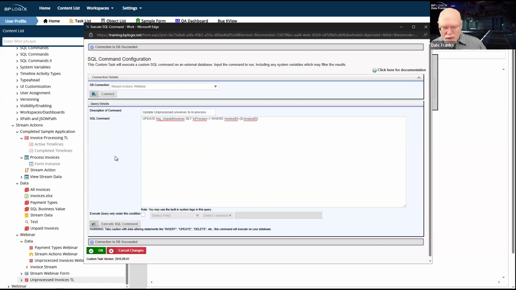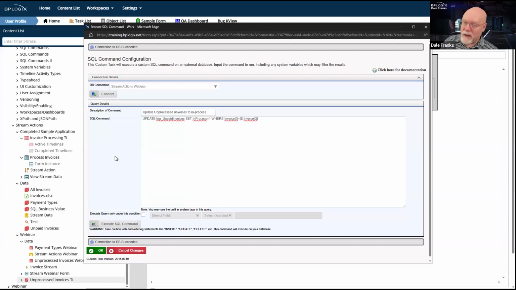You can run it, as in this case, in a process timeline, but the SQL command custom task is the only area where you should implement insert, update, or delete commands. You can use business values and do select commands all you want. That's fine. But if you're going to use any sort of command that manipulates the data itself in the data source, you need to use a SQL command custom task.